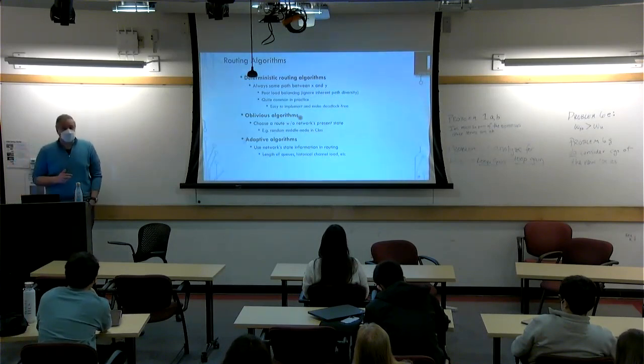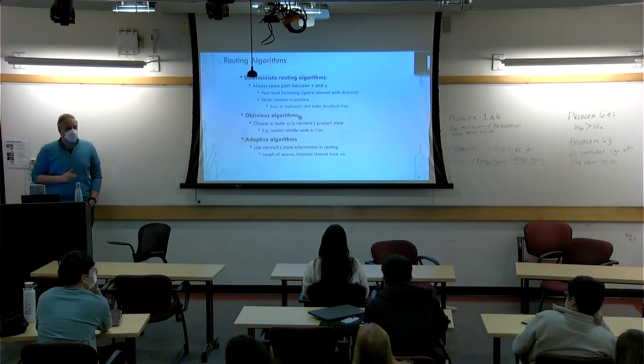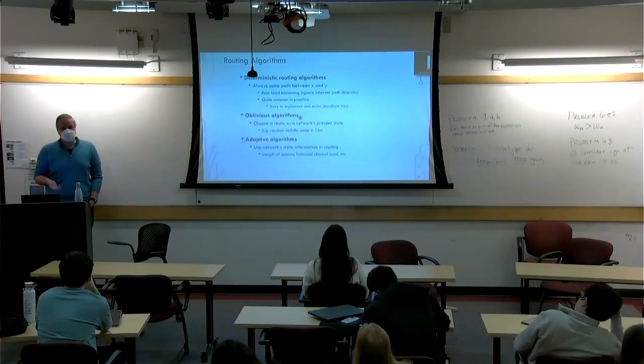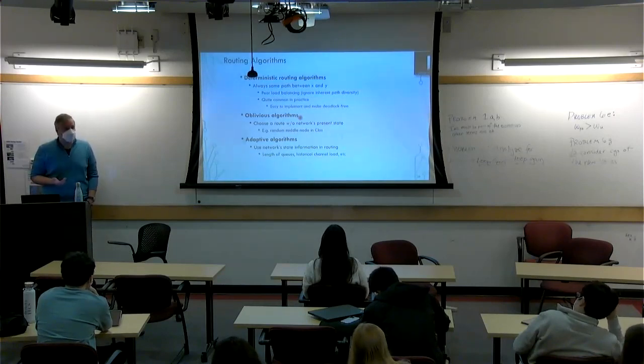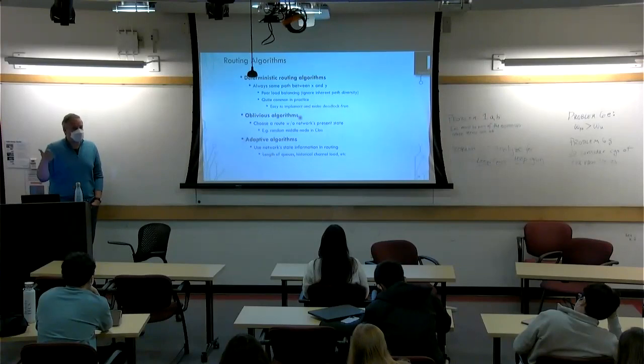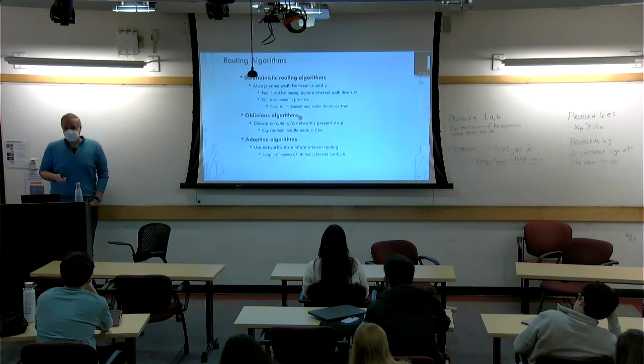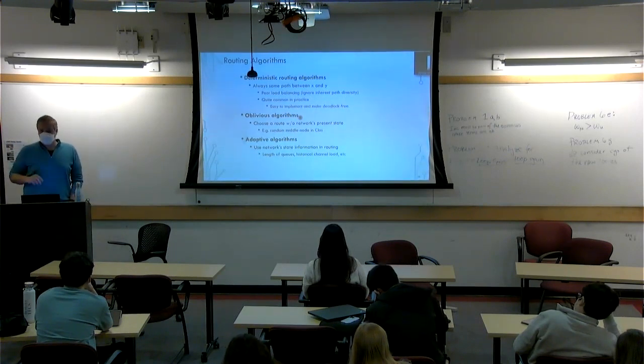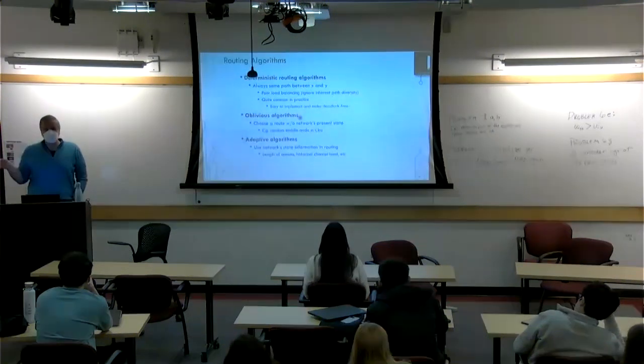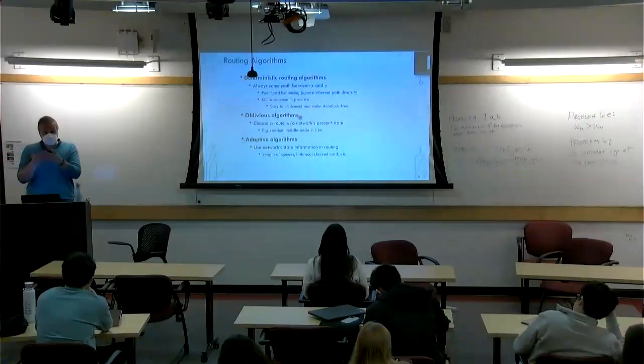Oblivious algorithms are basically ones where you just let fate decide. So the simplest implementation-wise way of dealing with some decision you need to make is to toss a coin. And that introduces a random distribution. So in the Clos example, the middle node that we're going to pick would be a random toss. Right? So it's predictable what your algorithm is, but the middle node will be uniformly distributed, and the hope is the load will be uniformly distributed across those. And then